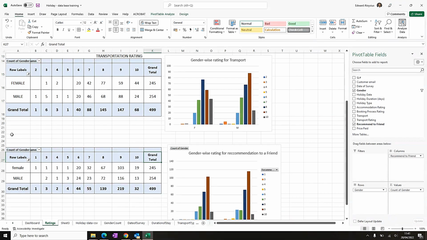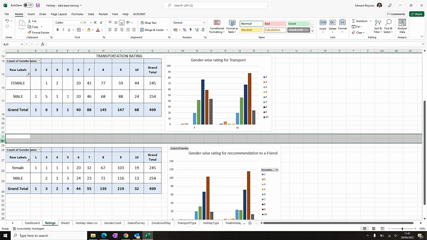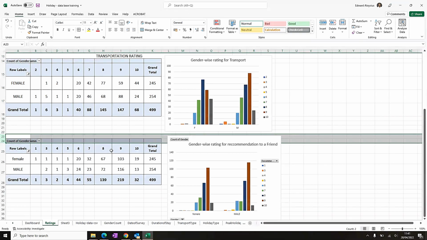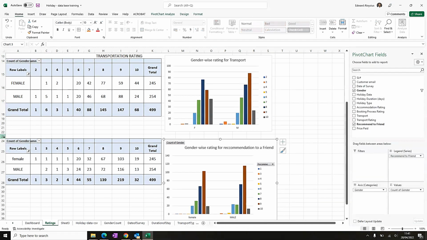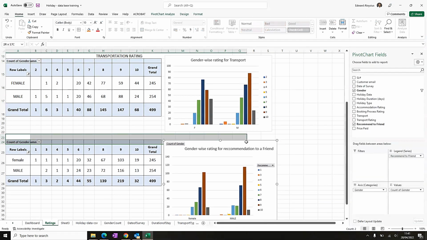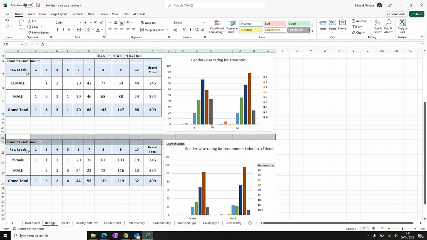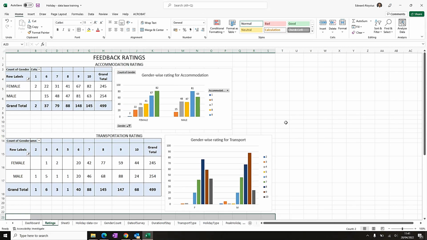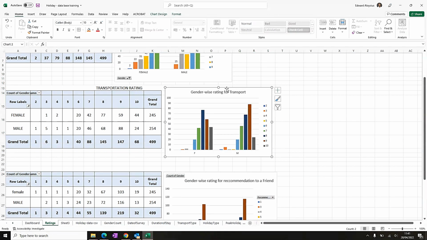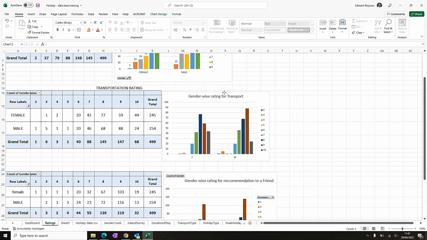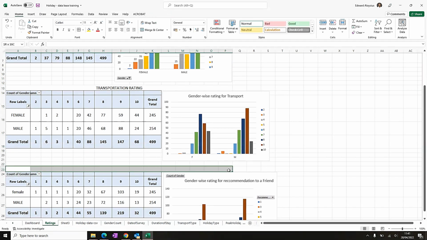Okay, and delete these two and bring the chart a little bit to the bottom so we'll have space for the title. Okay, make this a little smaller. Bring it down to align with this table and merge. And this one will be